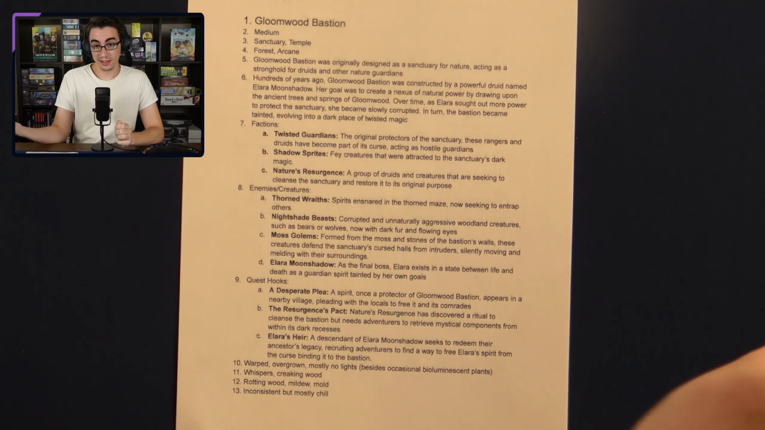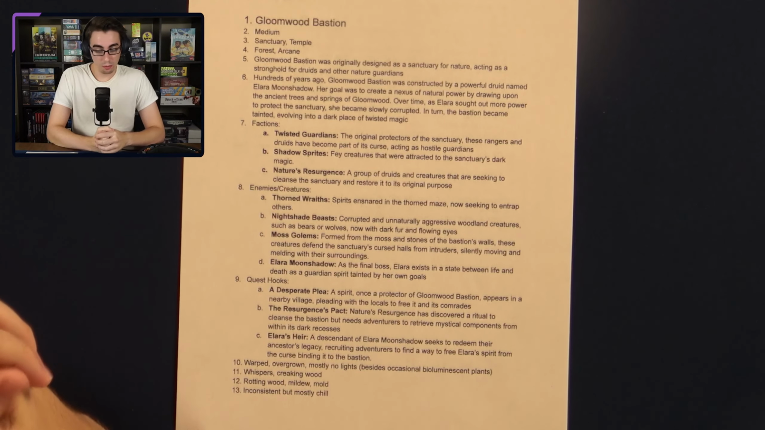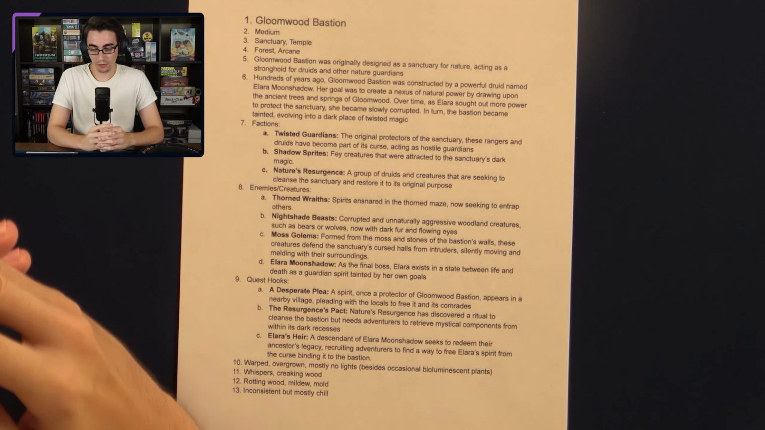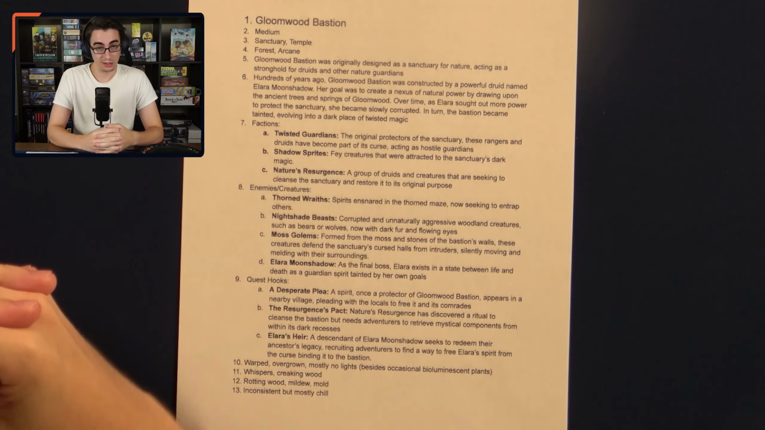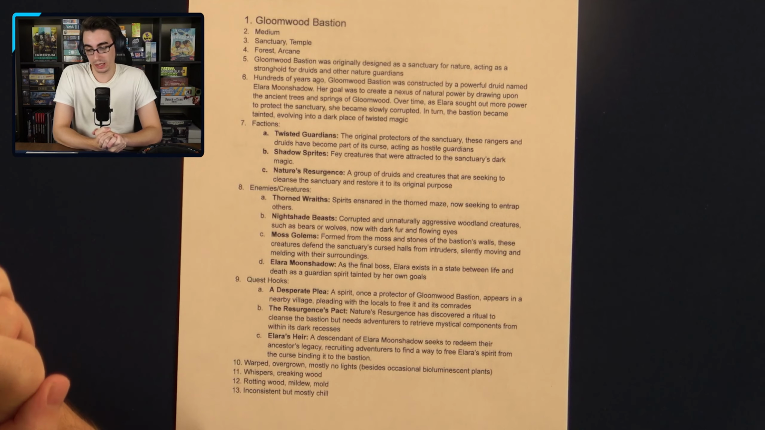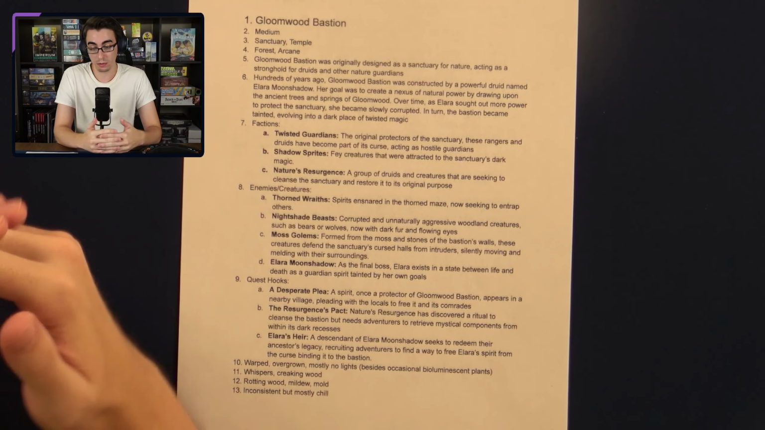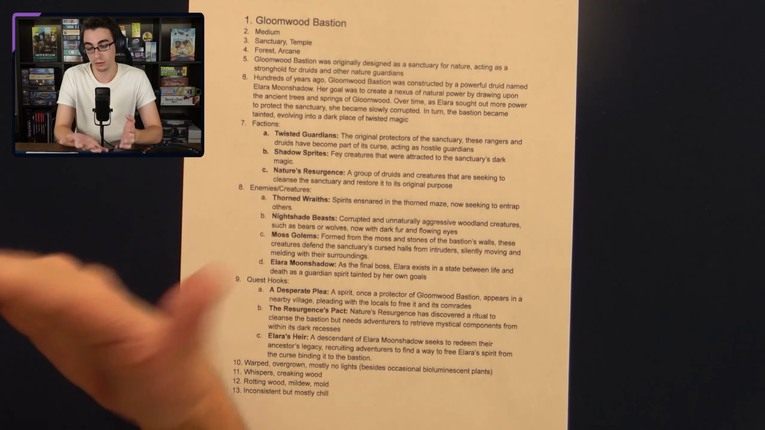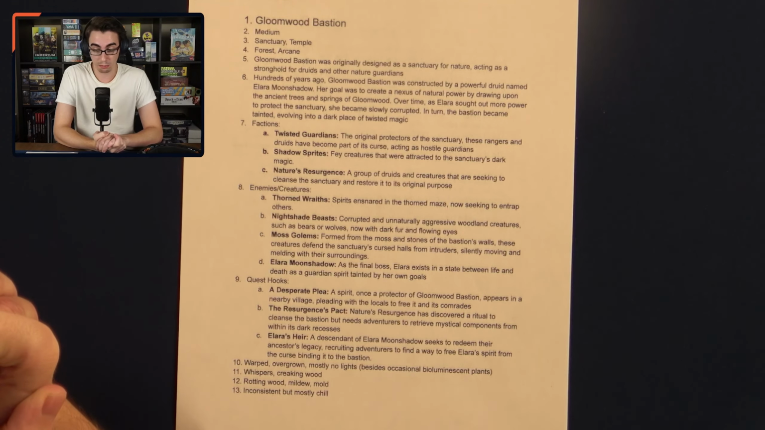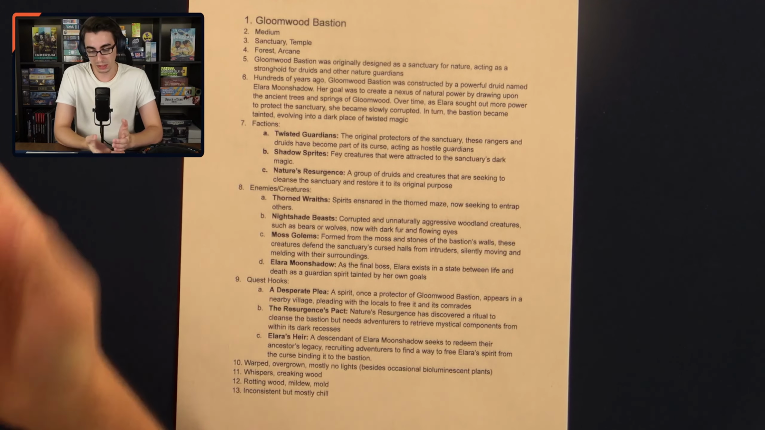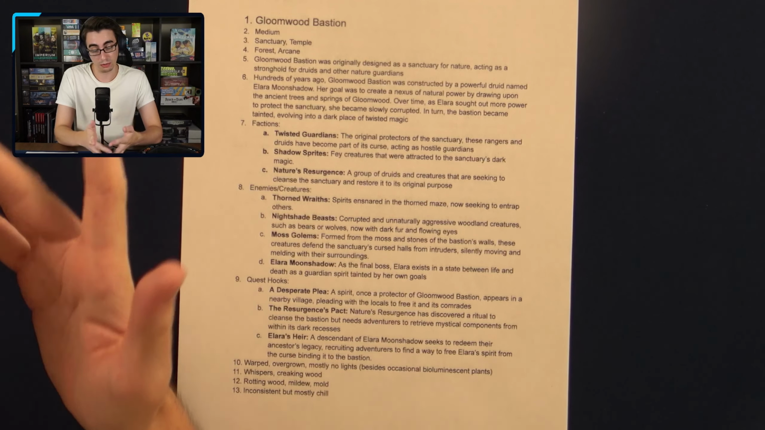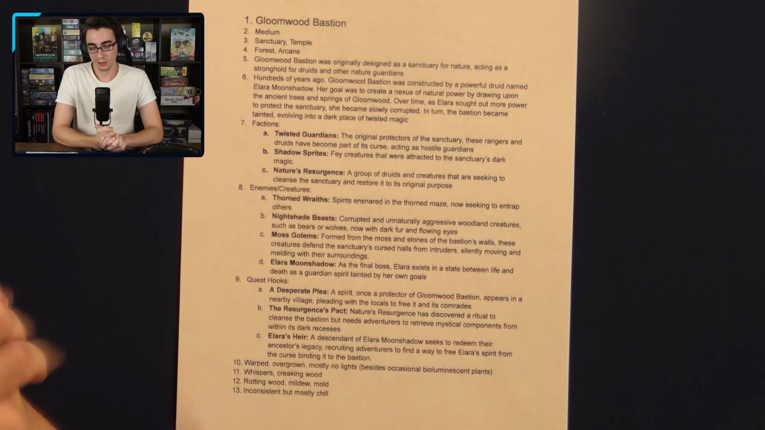For the purpose, Gloomwood Bastion was originally designed as a sanctuary for nature, acting as a stronghold for druids and other nature guardians. And for the history, hundreds of years ago, Gloomwood Bastion was constructed by a powerful druid named Alara Moonshadow. Her goal was to create a nexus of natural power by drawing upon the ancient trees and the springs of Gloomwood. Over time, as Alara sought more power to protect the sanctuary, she became slowly corrupted, and in turn, the Bastion became tainted, evolving into a dark place of twisted magic,